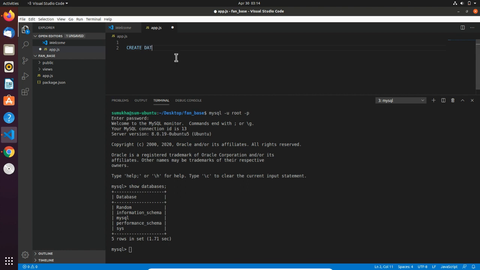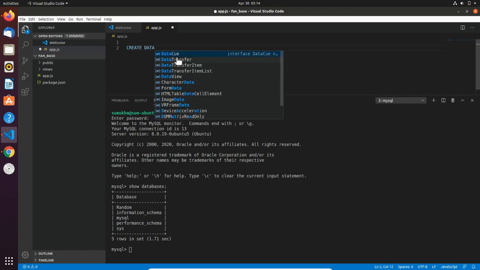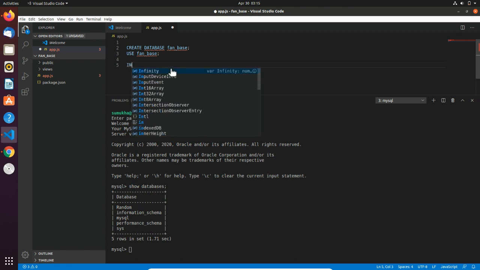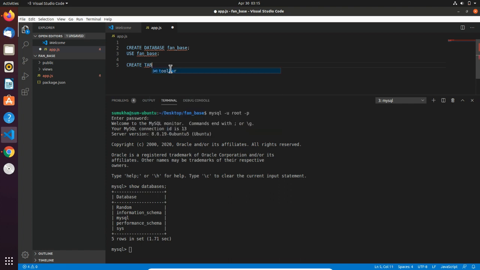I'll create a database called fanbase. And I'll use fanbase. We have to use the database which we create. Now we have to create a table called users.